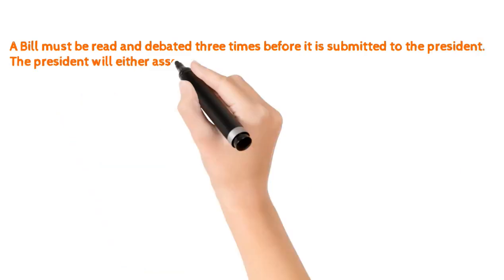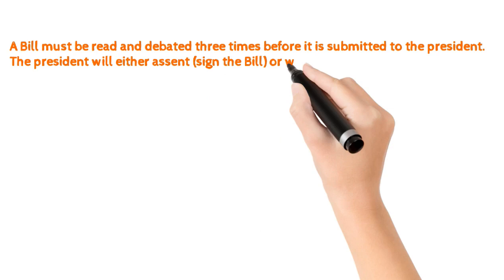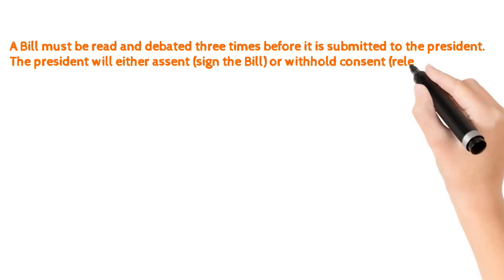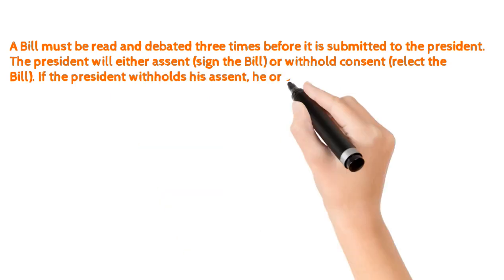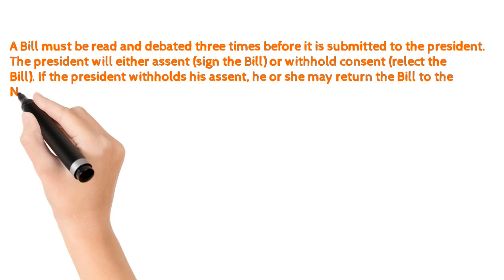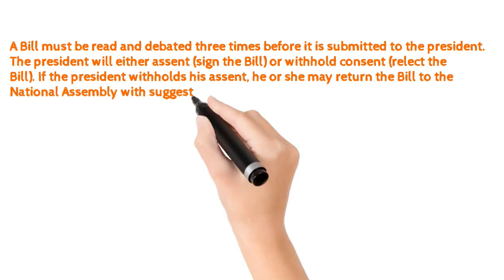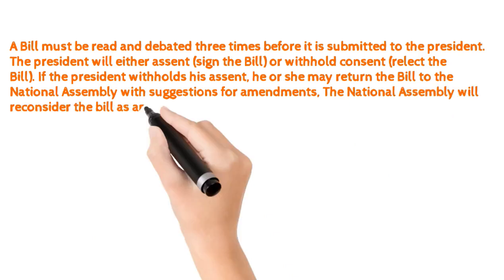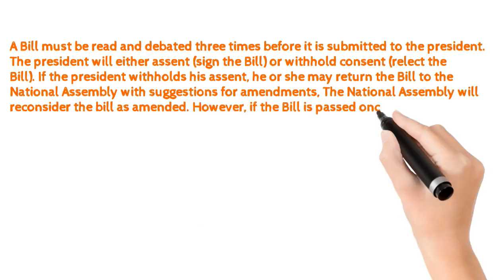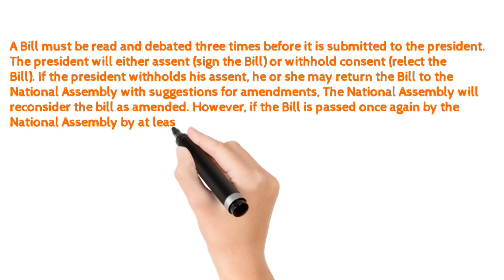The President will either assent or withhold consent. If the President withholds his assent, meaning he does not sign, he or she may return the bill to the National Assembly with suggestions for amendments. The National Assembly will reconsider the bill